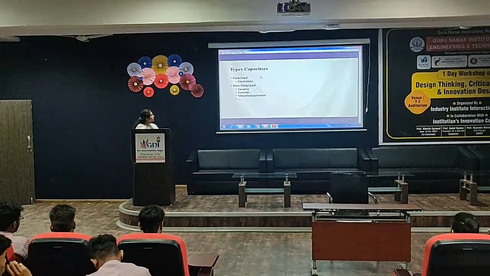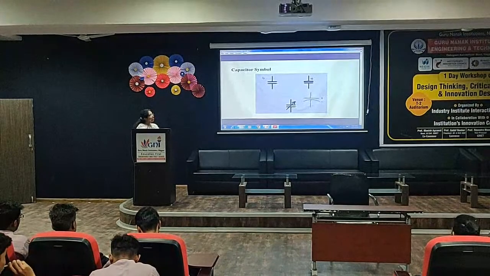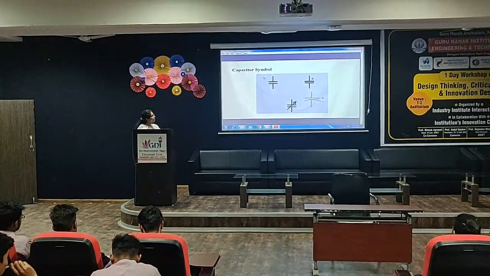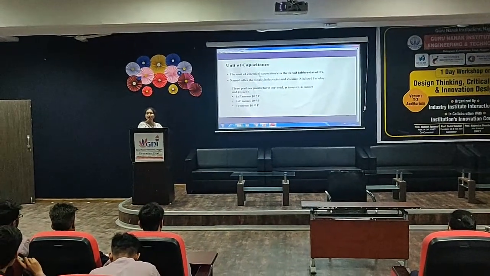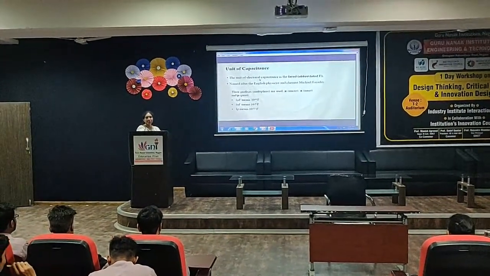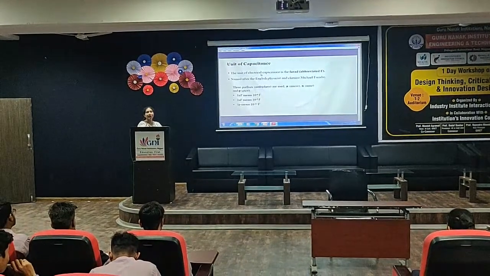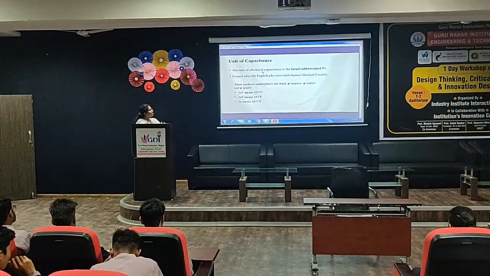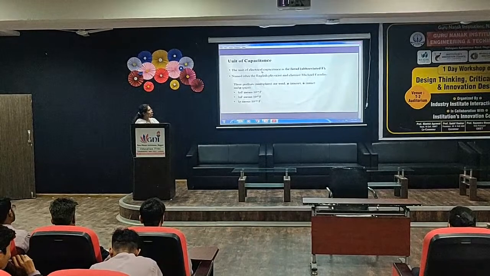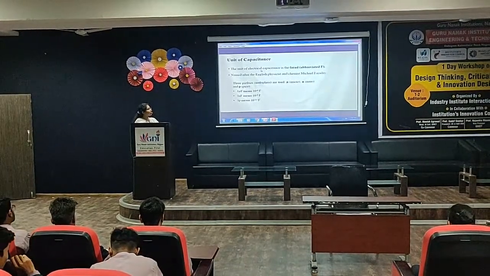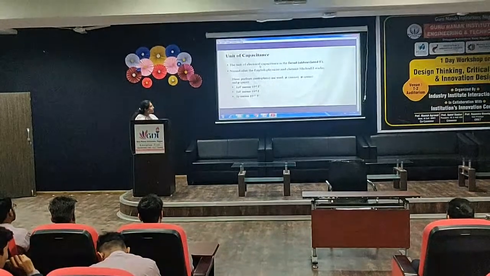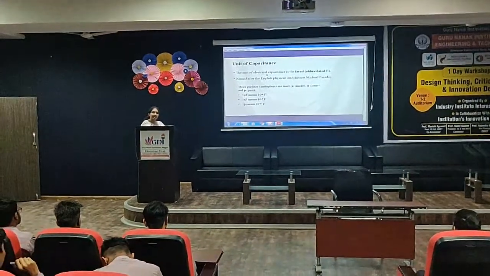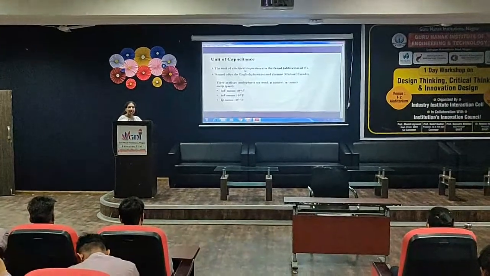Next. This is the symbol we have just seen. Next. The unit of capacitance is always represented in farad, and these are the most popular prefixes used: microfarad, nanofarad, or picofarad. What do we mean by micro? Micro is nothing but 10 to the power minus 6. Nano is 10 to the power minus